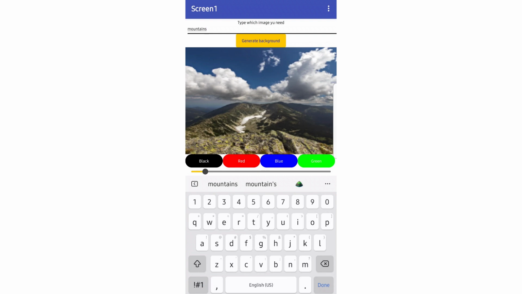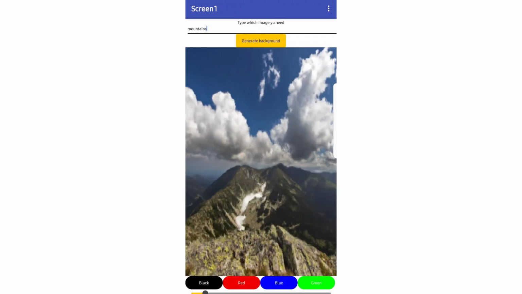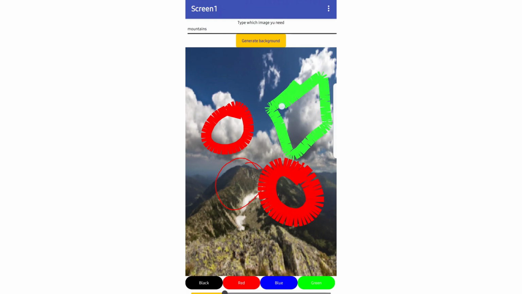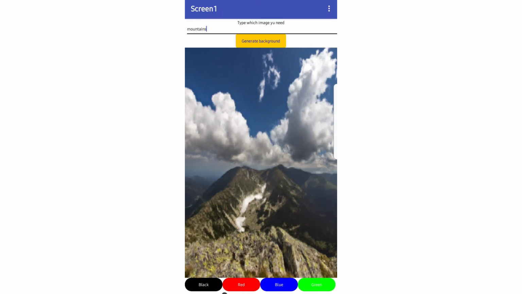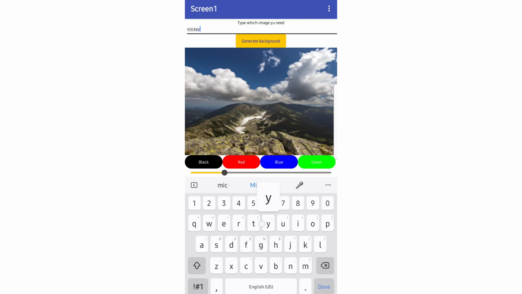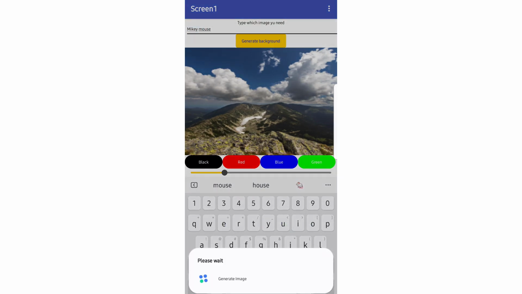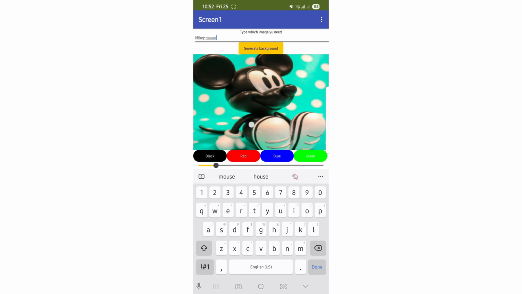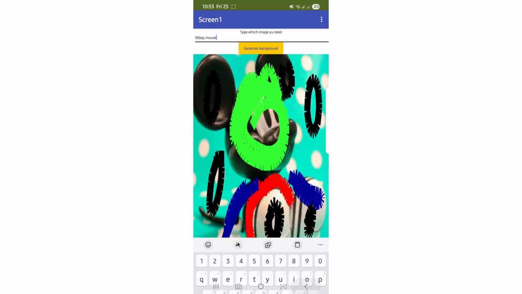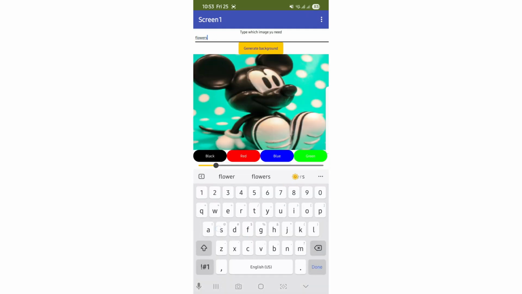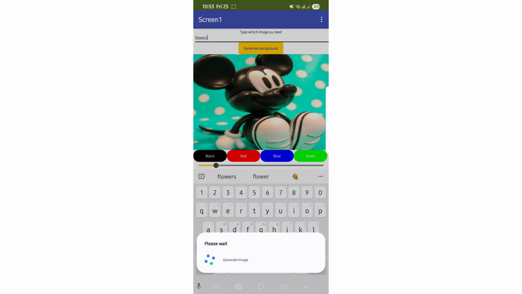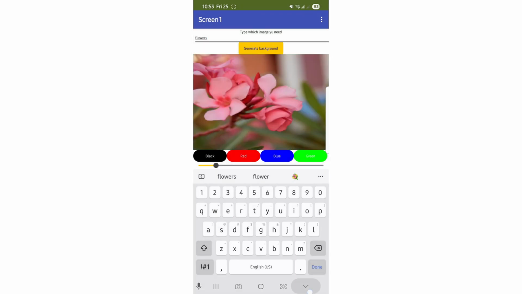So here you can see, you can type anything and you will get the result based on the text you have written. Now you can choose any color of your choice, doodle on the image which you have received, and in case you want to increase or decrease the line width, you can use the slider. Every time you shake your phone, the doodling is completely clear from the phone. The doodle part is cleared from the screen. You can again search for another image, get the image, do the doodling and clear it again.